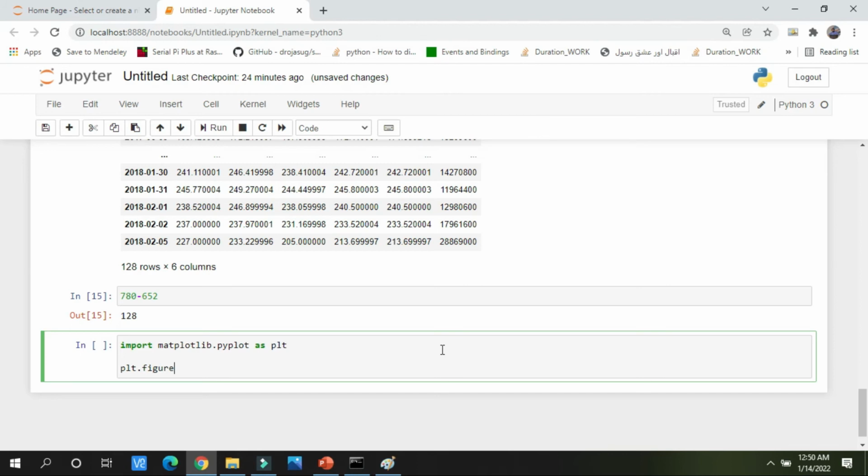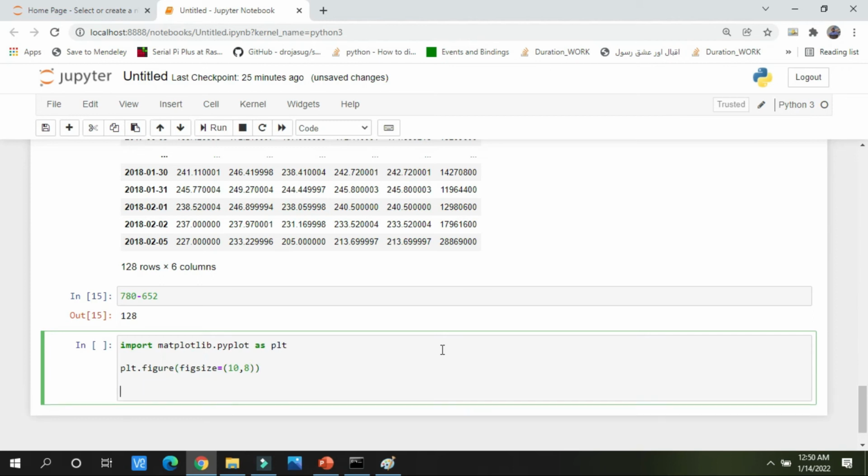We have the function in this library. You don't have to remember it, you can find all these things on the internet. You have to remember the logic and techniques I am using. I am writing figsize. You can give any figure size you are satisfied with. Okay, so 10, 8.